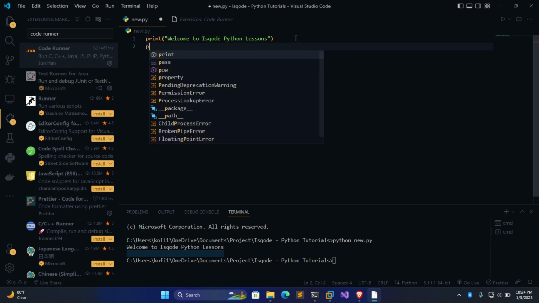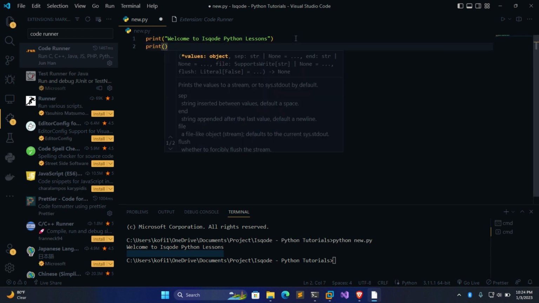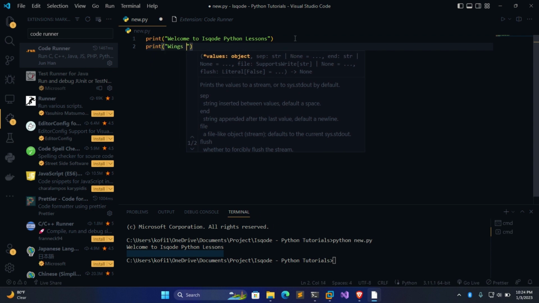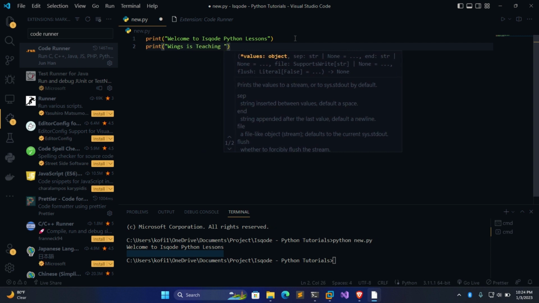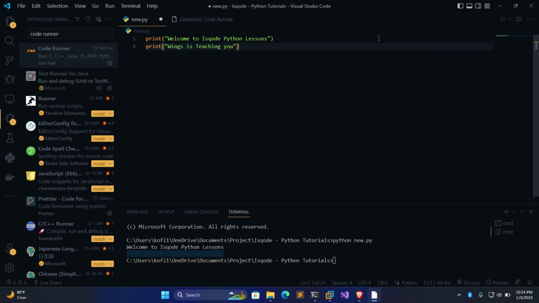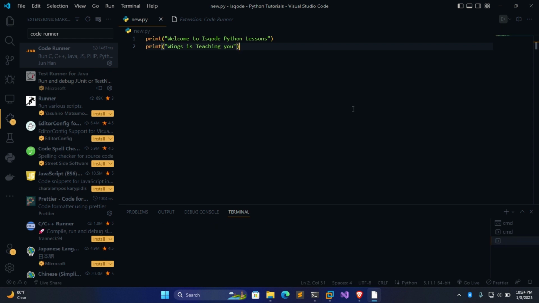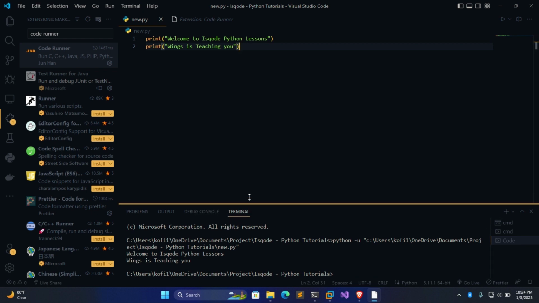So let's see, print "Wings is teaching you." So I'm actually Wings, the one taking you through the course. So when you move to the right side, you see a play button here. It's actually a run code button. When you click on that one too, the output here will be